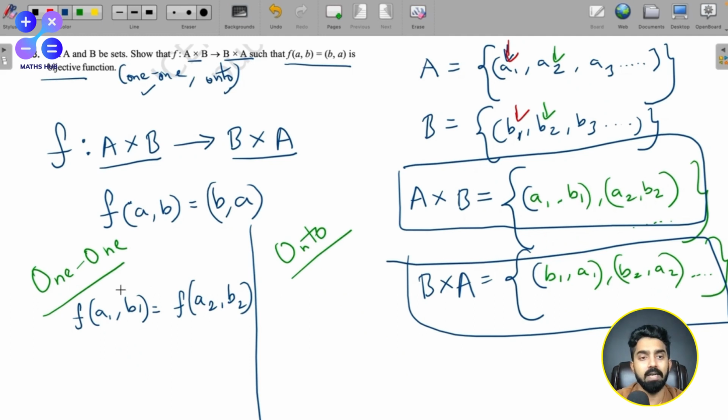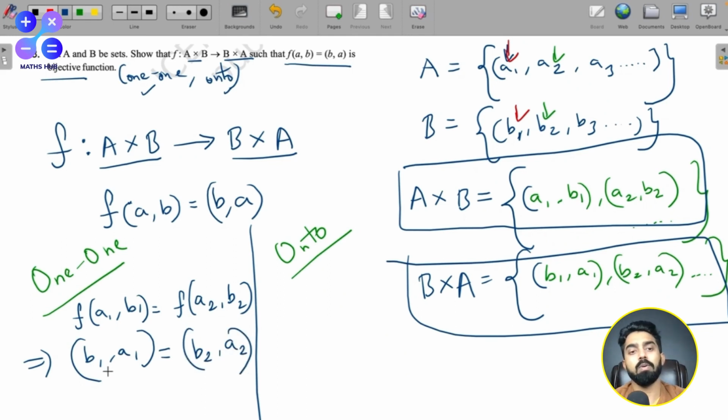So from the function, what do we get? This is the function, right? If you put that in the function, what do you get? So this flips this, right? f of a1 comma b1 will flip this, so this will basically become b1 comma a1. That's what the function does, remember? And even this, the function will flip this, right? So f of b2 comma a2,